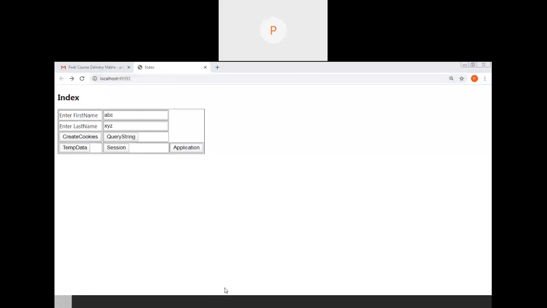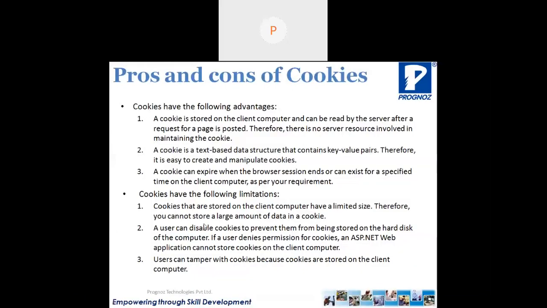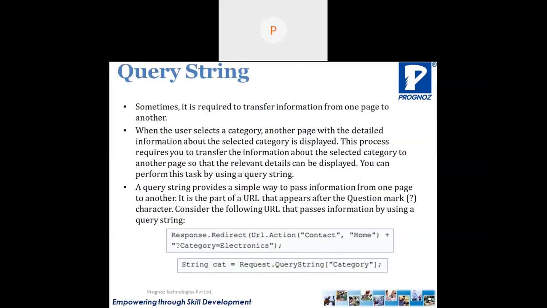Now the next concept they have given is query string. In an ASP.NET project we have seen, and also used, this query string n number of times. The purpose of query string is what? It is mainly used to pass the data from the current page to the requested page. The data will be visible only on two pages, that is the current one, the page from which we are sending the request, and the page on which we are accepting that request.